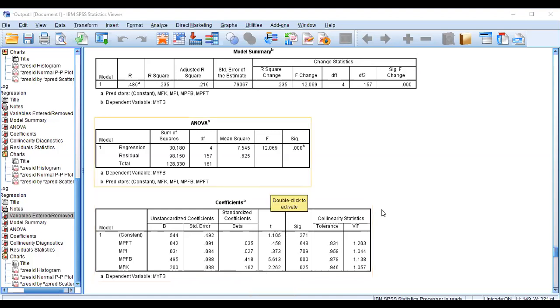Now, I hope all these interpretations and tables are clear to you all, but one question might be asked: how to write the regression equation. Always remember that you will only incorporate those variable values in the regression equation whose values are found to be significant. You see this, you will not include PFT and PI value in your regression analysis because both are found to be insignificant. So you will only include PFB and FK values in the regression analysis.